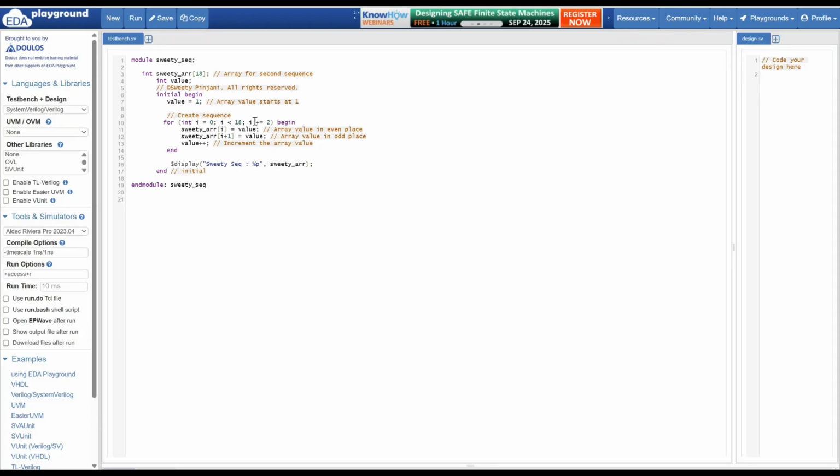This is the code for the sequence. If you can see, the total number of elements are 18. This is the value, and it's an int type, and here inside my initial block, I am initializing this value to 1.